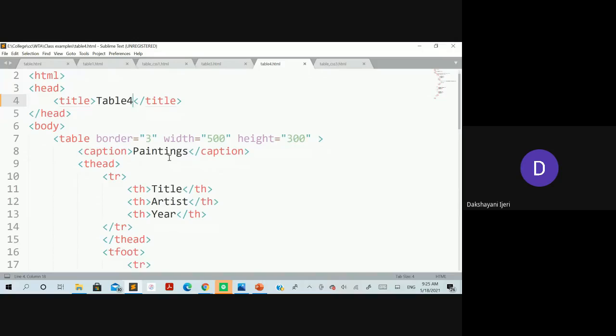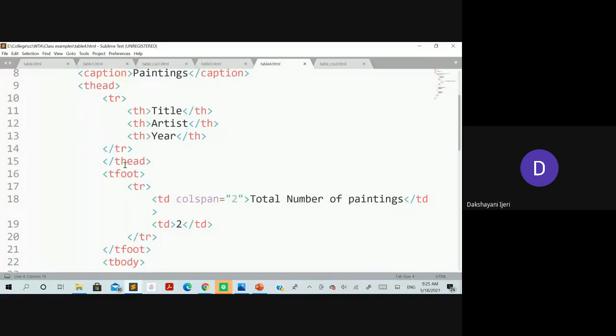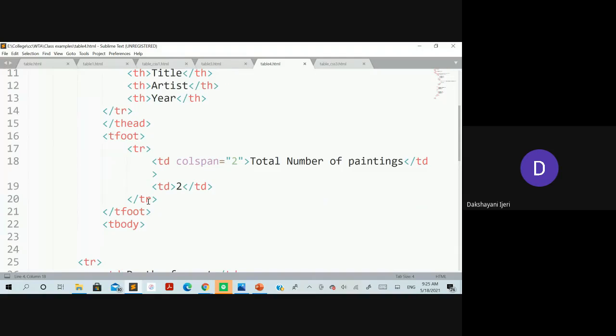Okay, so you can see here the same example I have taken here. Started with the table caption as a heading, which is going to be considered as a heading, and T head has been taken here, under which there should be only one row, which would be the headings over here. Followed by this T head, you can see here the T foot has been taken here, under which you have only one row, with the respective content, whatever you want to do with that row.